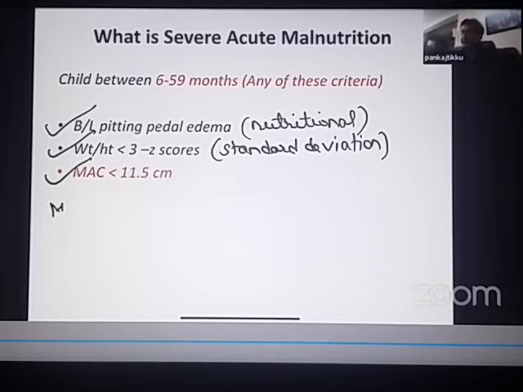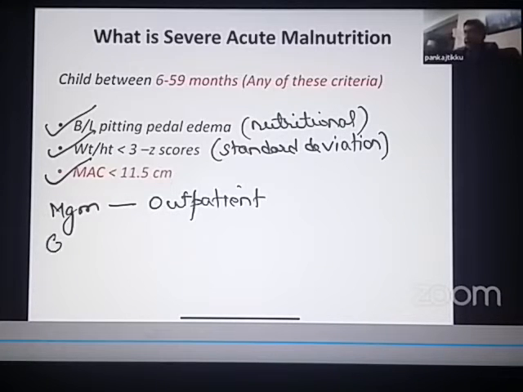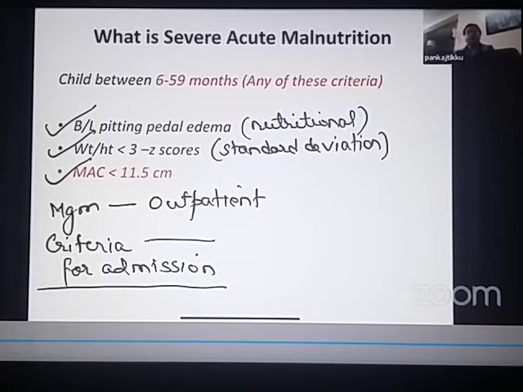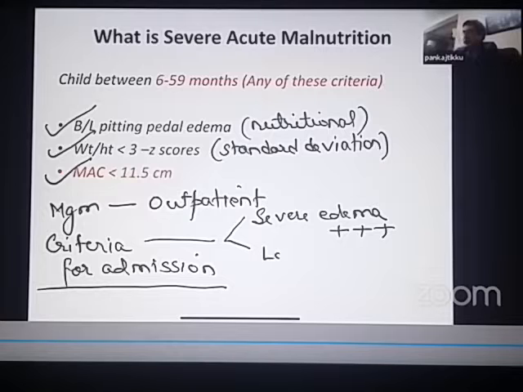Majority of cases, management of severe acute malnutrition is done on outpatient basis. That means in the OPDs. Majority of cases. However, what are the criteria for admission? This again is an important topic for your exam. What are the criteria of admitting a child of severe acute malnutrition? So the criteria should be either the child has a very severe edema, and when I say very severe edema, it is 3+ edema, or the child has loss of appetite,